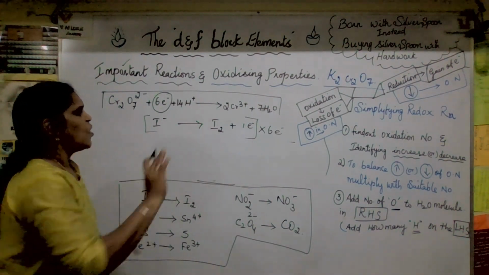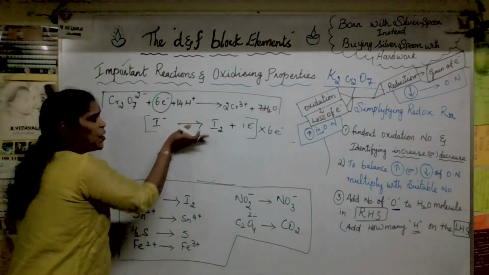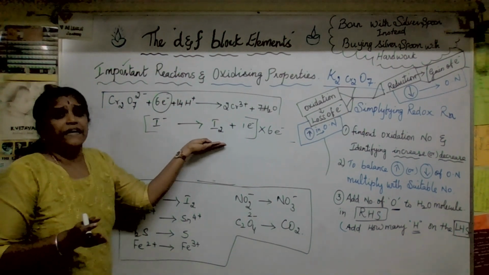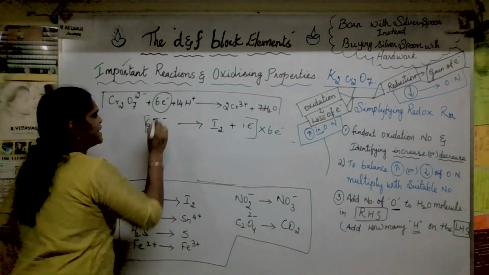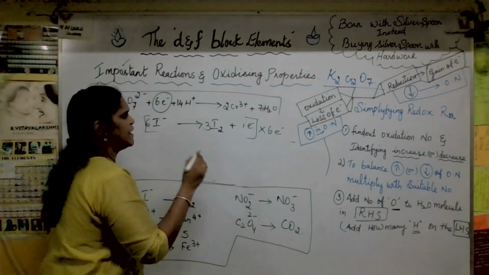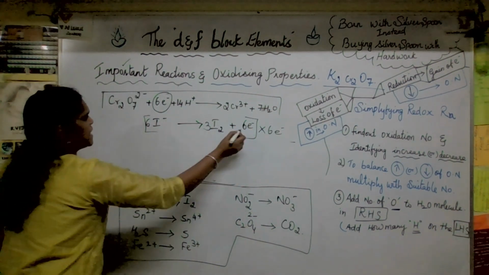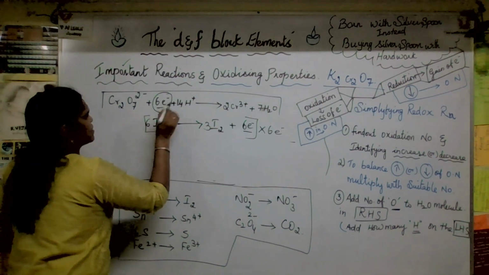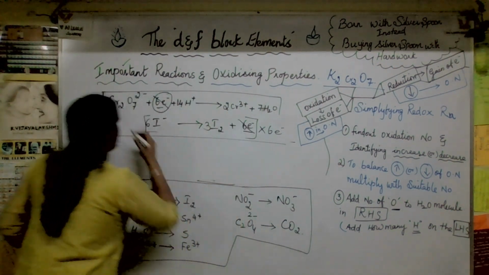That is the reason. Suppose you are multiplying, because it is a fixed one, you are compensating this. 6 electrons, that means here 6 minus, and here already 2 is there, so I can write 3, and here 6. Now 6 electrons are here, also 6 electrons, so I can strike out these. Now I can write that